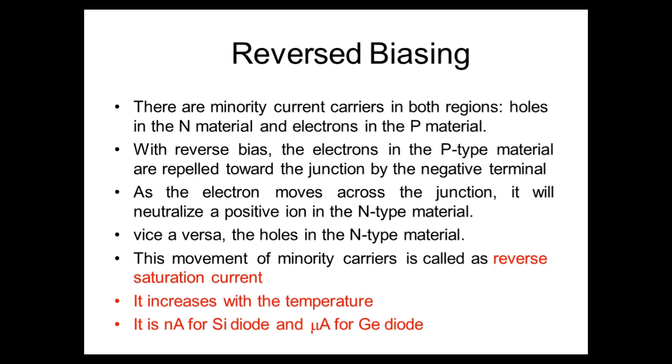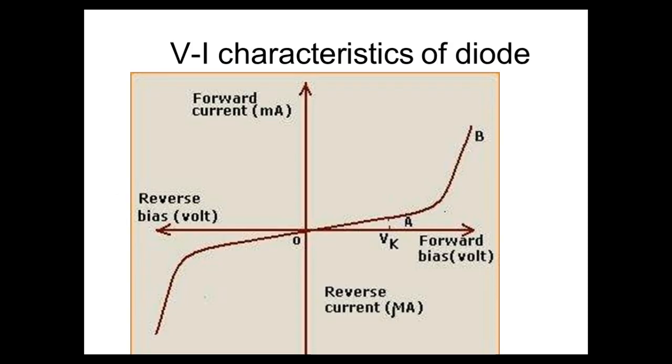I repeat, this can also be termed as leakage current, reverse saturation current, or minority charge carrier current. This is one of the undesired factors. This is not desired in a semiconductor. So we want the leakage current or reverse saturation current to be less. For a silicon diode, this is comparatively less when compared to the germanium diode. That's why we will always prefer silicon diode instead of germanium diode.